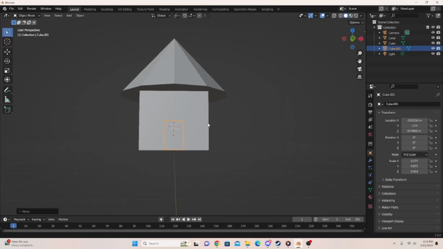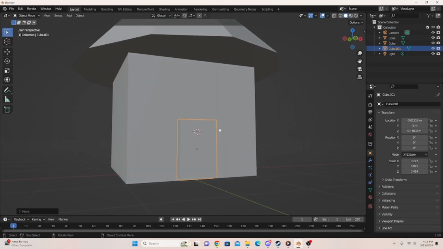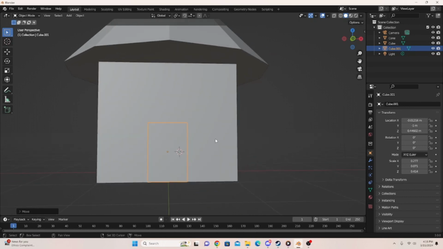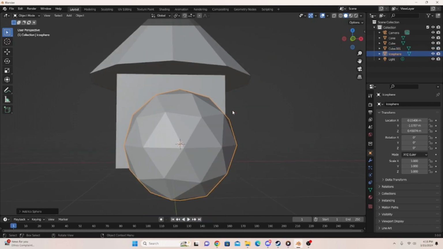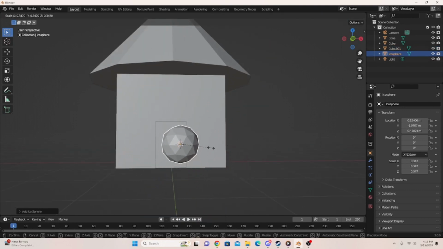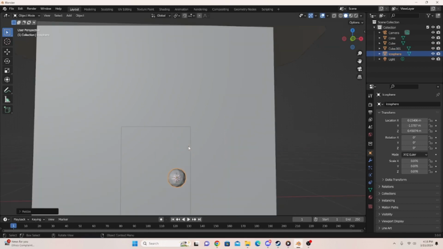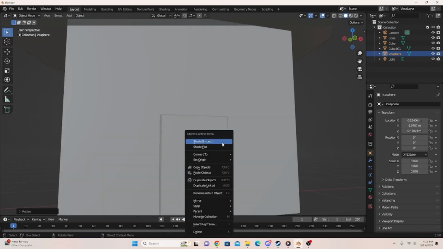I can hold shift right click, I can move around and go down here, shift right click to put it right here, hold shift A, go to mesh, and this time add an icosphere, and this will create a little sphere. S, scale it down, and if I want, if you click right click on, and then it'll open up